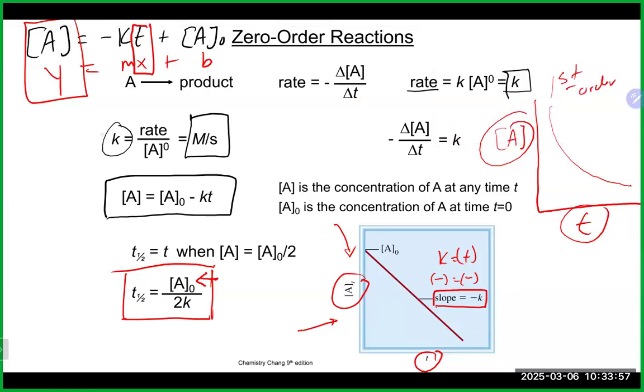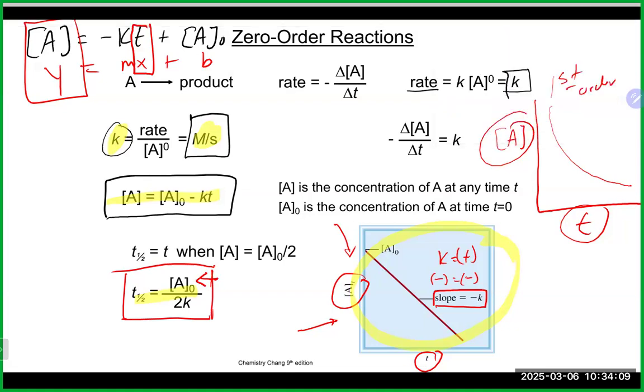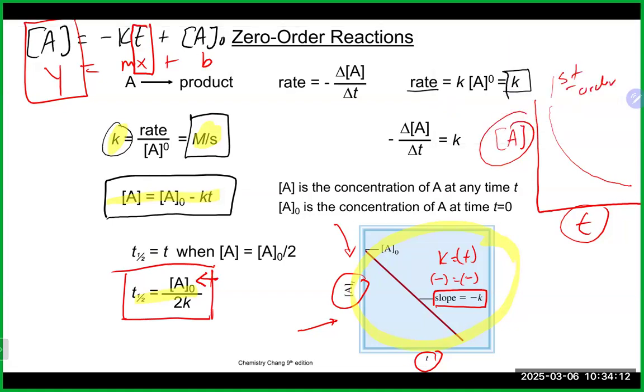Now, when we look at this, again, the things you should know are the units associated with zero order, the integrated rate law, half-life, and once again, the graph that goes with it. By the way, if for some reason you forget the half-life equation, but you're okay in math, in each of these equations for first order, second order, and zero order, you can just substitute in the initial concentration divided by 2,